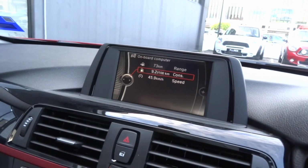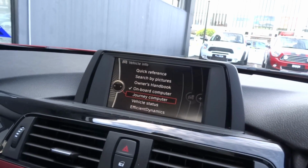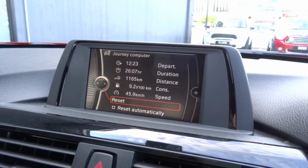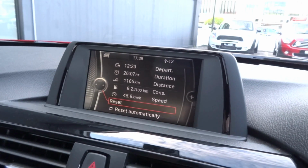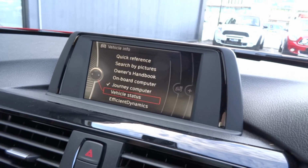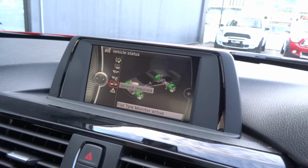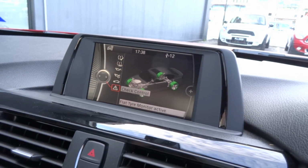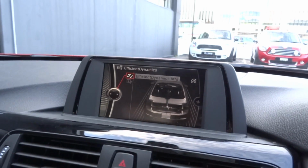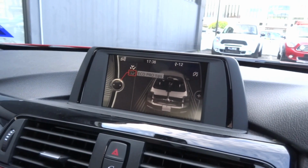We also do have an onboard computer that shows the range, average fuel consumption and average speed. Journey computer that shows your time of departure, duration since the last reset, distance traveled, average fuel consumption, as well as average speed. Vehicle status with your flat tire monitoring system, engine oil level, service indicator, as well as check control. BMW Efficient Dynamics, Eco Pro tips,